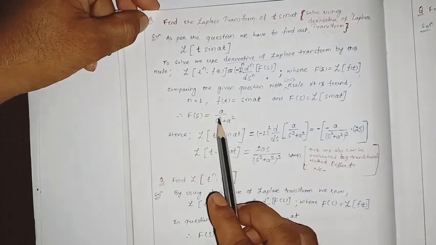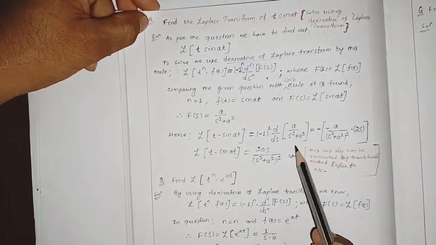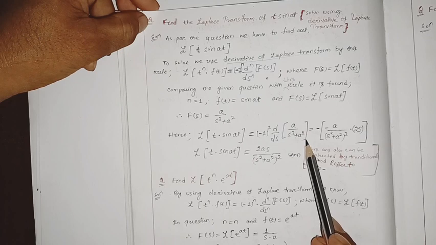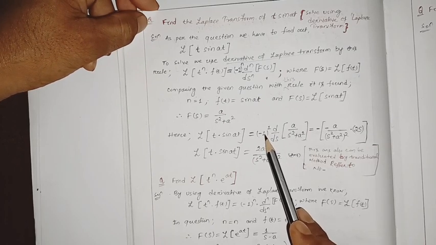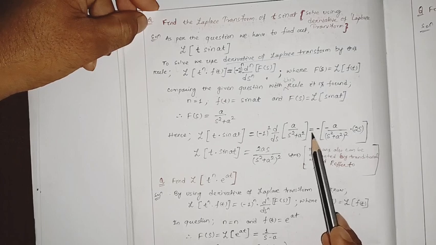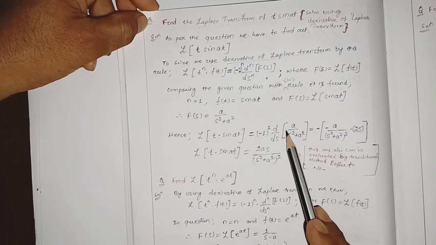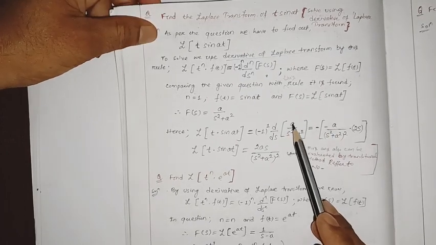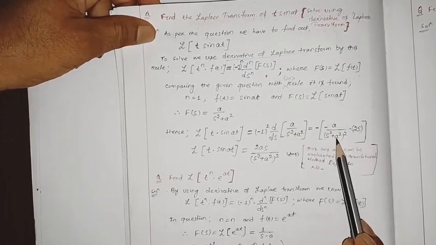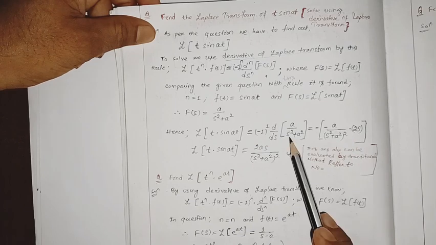Here F of s is nothing but a by s square plus a square. Minus 1 to the power 1 means minus. And the first derivative of this with respect to s will be how much? a is constant, so a by s square plus a square whole square into 2s,